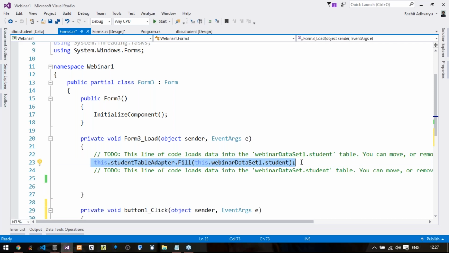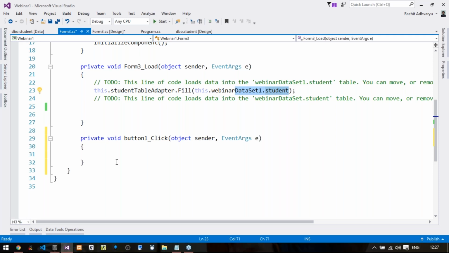So the same thing we are going to apply here. This dot student table adapter, but instead of fill, we are going to write update. Update what? This dot data set. That's it.